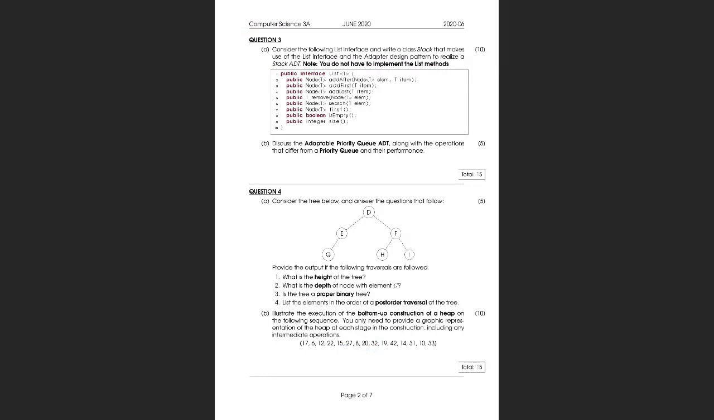So therefore, question 4b: illustrate the execution of a bottom-up heap construction on a heap. Let me just zoom down a bit. You can also set your own zoom level so you can see it properly. Bottom-up heap construction of the following sequence. You need to provide a graphic representation of the heap at each stage in the construction, including any intermediate operations. You see, if this is for 10 marks, it's actually quite a few marks for what is required. What you have to do here is to take the sequence and create a heap from that using a